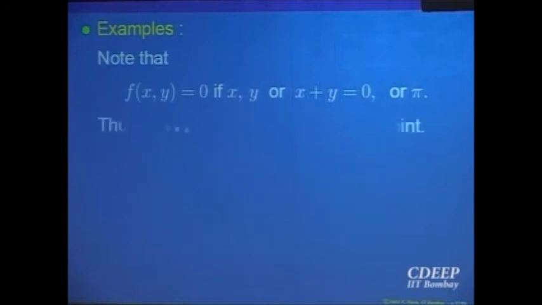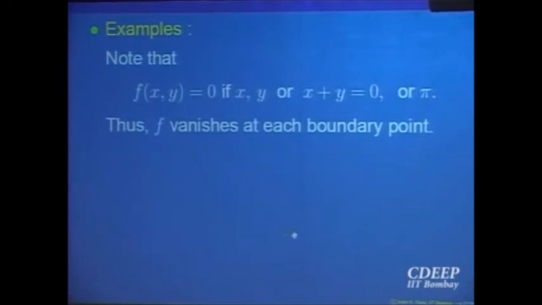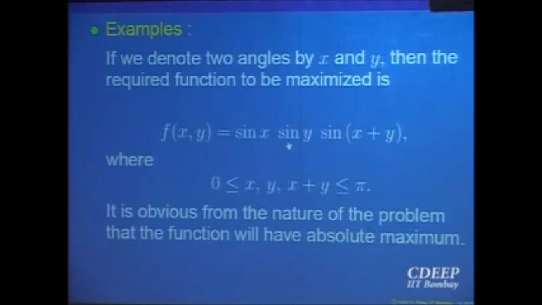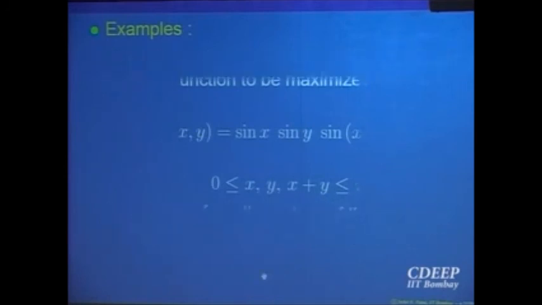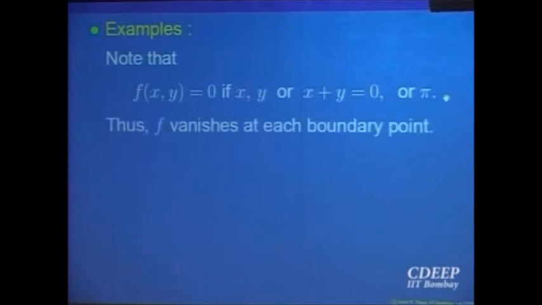What is the value? Just look at the sign of the product of sines, right? Let me just go back and look. This is the function sin x, sin y and sin (x plus y). x and y and x plus y, all the angles are between 0 and pi. One angle could be obtuse, that doesn't matter. So the first observation is this function is equal to 0 when one of the terms is equal to 0. So either x is equal to 0 or y is equal to 0 or x plus y is equal to 0 or, of course, equal to pi.